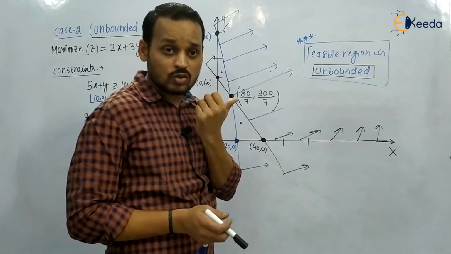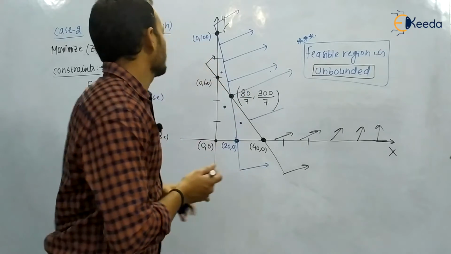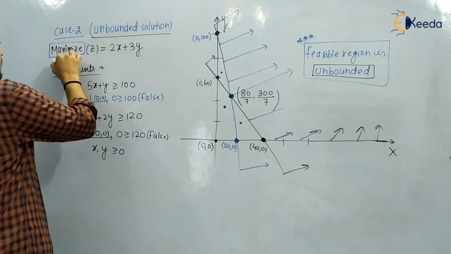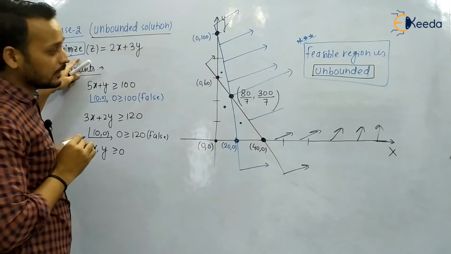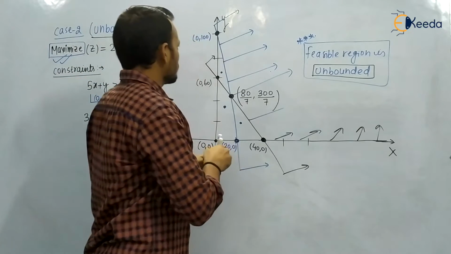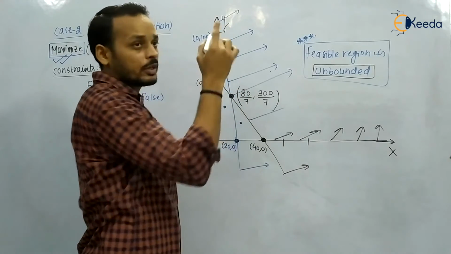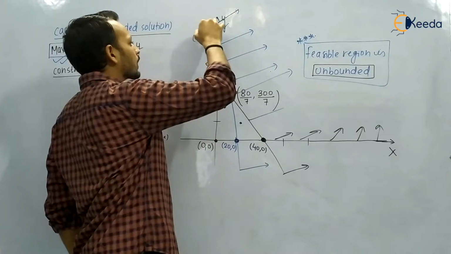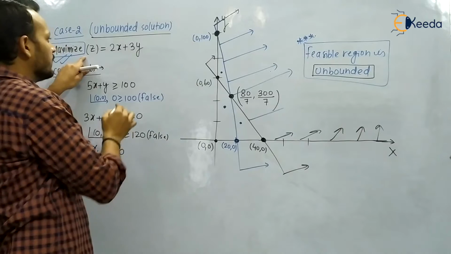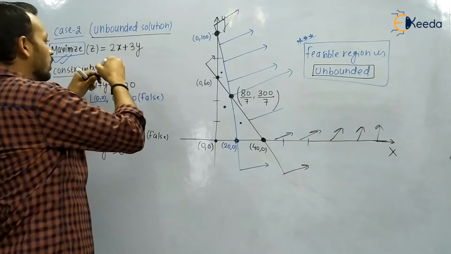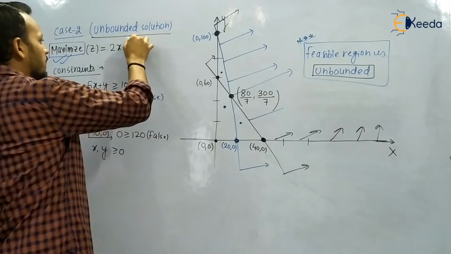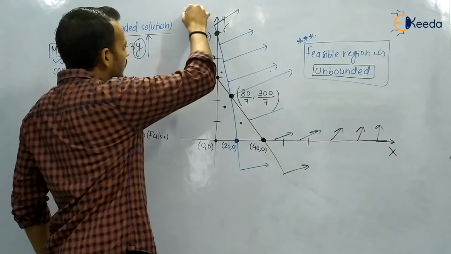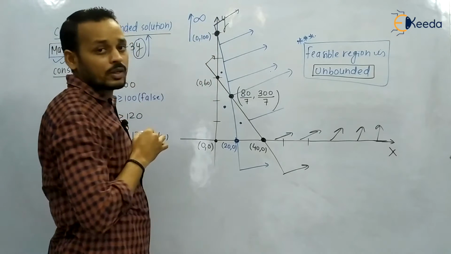So what about the nature of the solution? Just be careful. The problem now becomes maximization type. You can see the objective function is now of maximization type. So you go to the corner point and try to maximize the objective function. This is the corner point and it says you can move in this direction. You can see this is a plus sign. For maximizing y, we will increase the value of y. Where will you go? You will go to infinity.